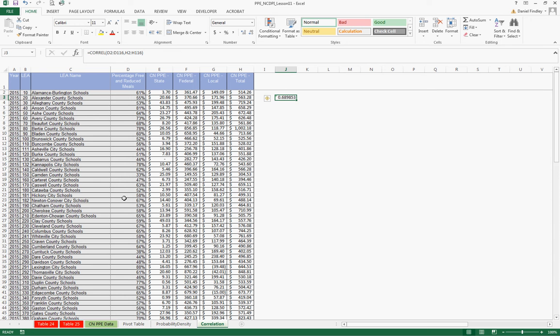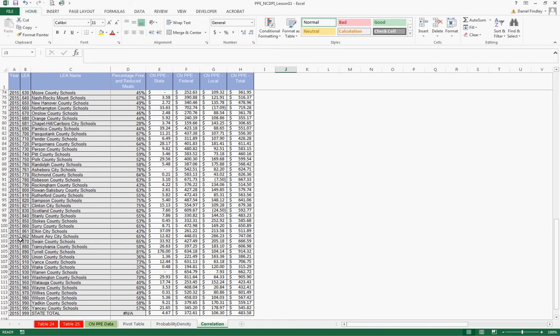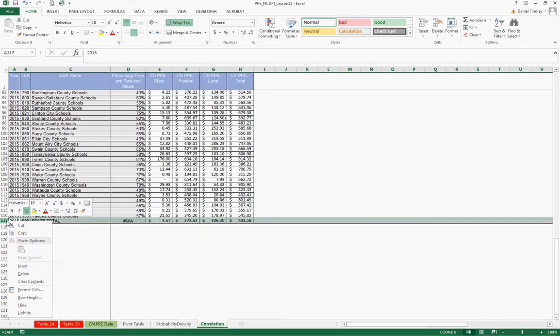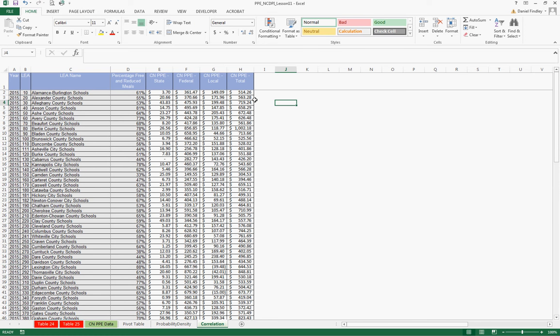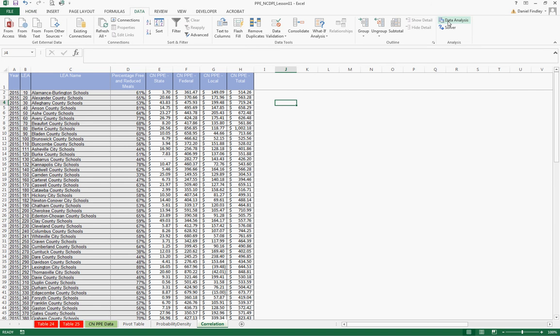So that's one way to create a correlation analysis in Excel. And you can replicate that multiple times. It's important to create labels to make sure that you're aware of what analysis has been conducted. I'm going to actually show another way of using the data analysis tool pack. I'm going to also delete the state total from this analysis, just so we don't have that cropping up in any of our analysis. So for the data analysis tool pack, under the data ribbon, you click data analysis, and